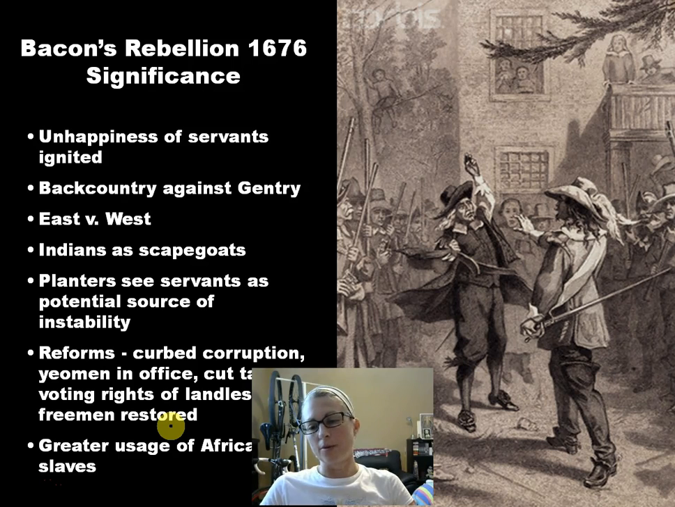Right? If you guys remember the whole wealthiest 1% a few years ago, a lot of people were protesting against businesses and whatnot. We still see that. East versus West. We'll see this a lot in U.S. history. This idea of the East being that of the upper class, wealthy, merchants, industry, and the West being farmers